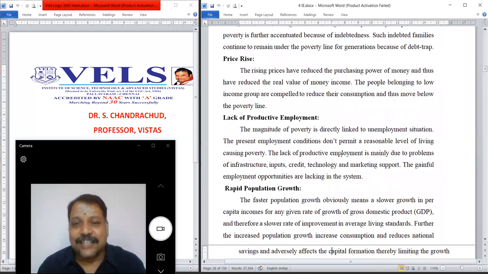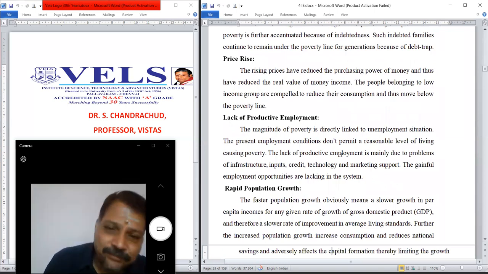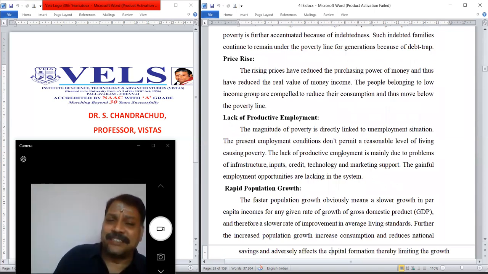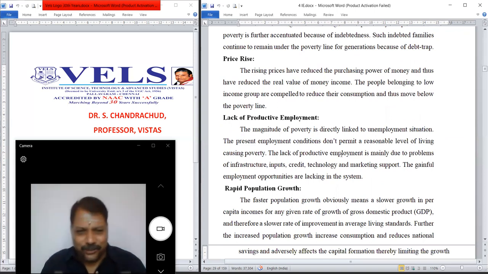The next reason is lack of productive employment. The magnitude of poverty is directly linked to the unemployment situation. So these two are directly proportional. The present employment condition